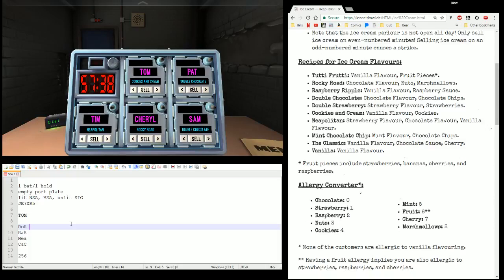We had Rocky Road. Rocky Road is chocolate, nuts, and marshmallows. Raspberry Ripple is raspberry. Neapolitan is chocolate and vanilla. Cookies and Cream is cookies. His allergens are 2, 5, 6, but 6 is fruit, so we have to expand that out. Anything with a 2 is obviously out. In addition,